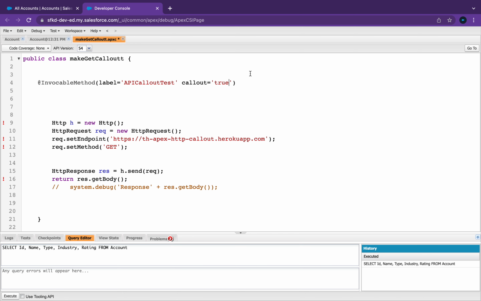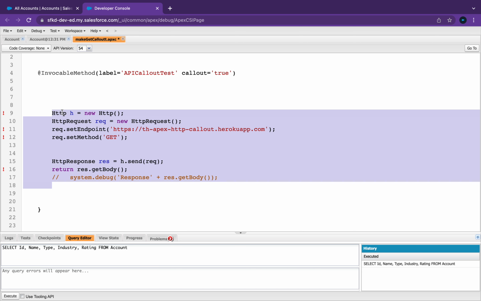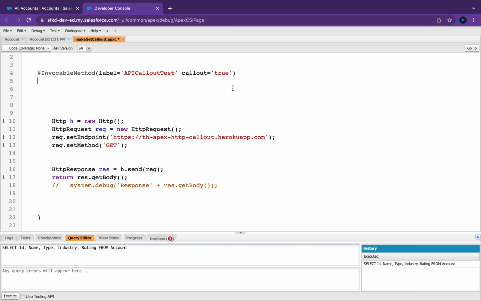Because if you don't do that, it's not going to work, because what we're doing in this class is making an external callout to a URL, okay? So if you're not making a callout, you definitely don't need that. Up next, we're just going to create a public static void. You can probably just call this